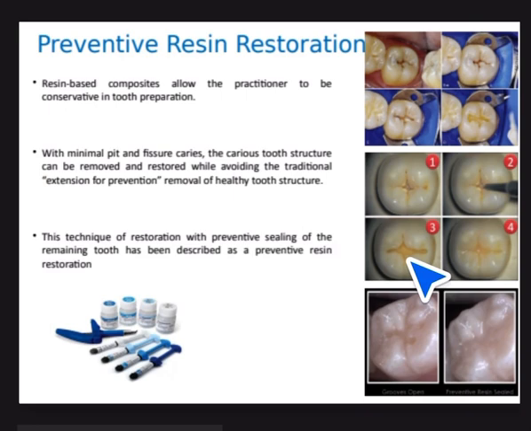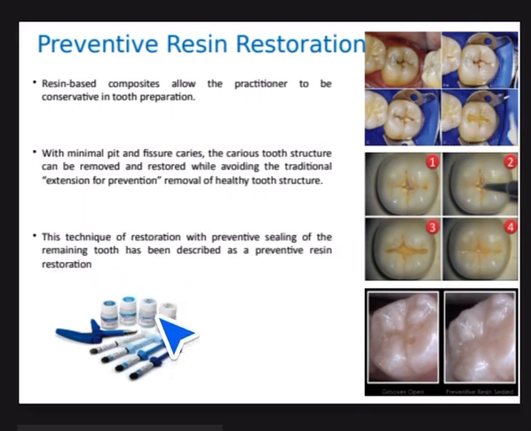They are not deep. And then we use resin materials, which are adhesive. You can even see a cavity here. Can you see a cavity here? Very shallow, very small cavity, restored with a resin material, which can be a composite or glass ionomer. Why? Because they are adhesive materials. They do not require the cavity for retention. They only are adhesive. They stick to the enamel and dentine so that the size of your cavities is extremely small. See here, extremely small cavities,